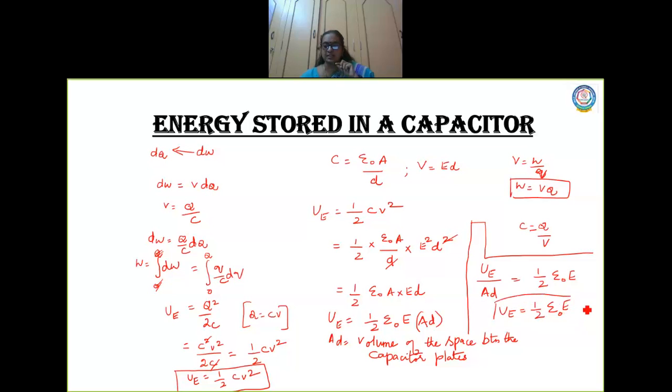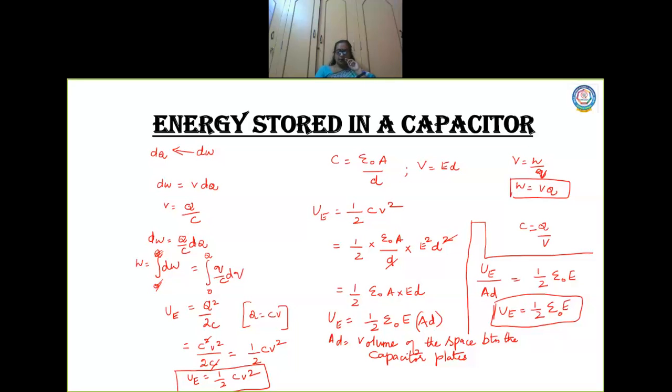So where is the electrical energy stored? So the electrical energy is stored in the electric field that is existing between the plates. Now look at this equation. Here you have the value of electric field to be there. So where this energy goes and gets stored, it is in the electric field. So the energy is stored in the electric field existing between the plates.